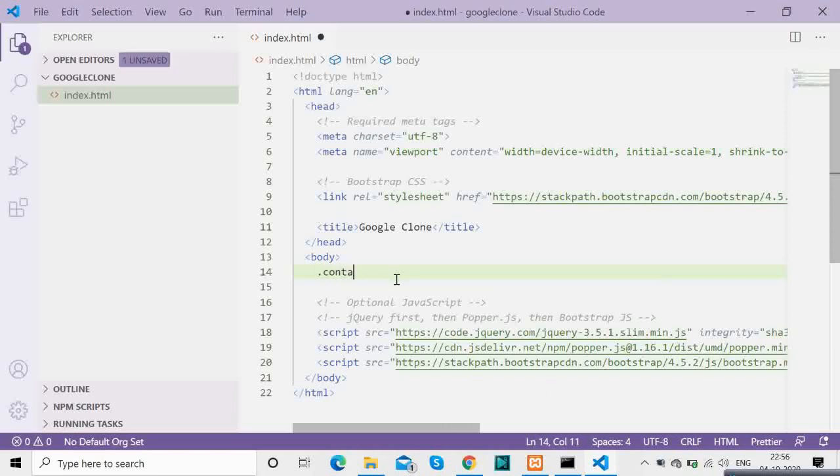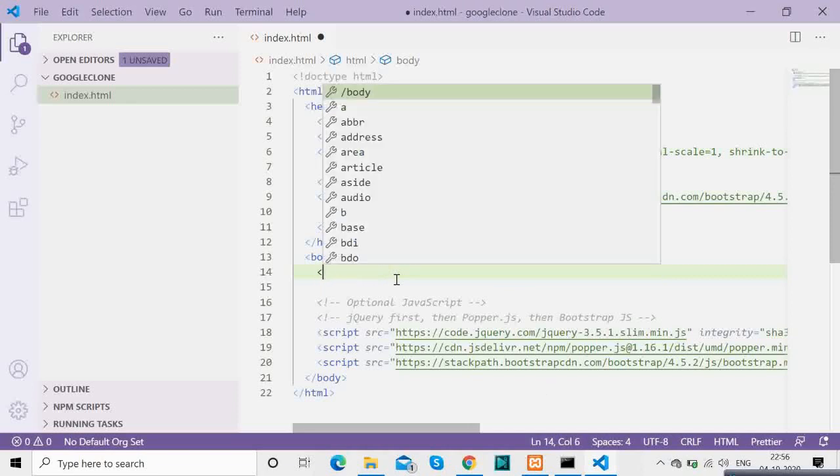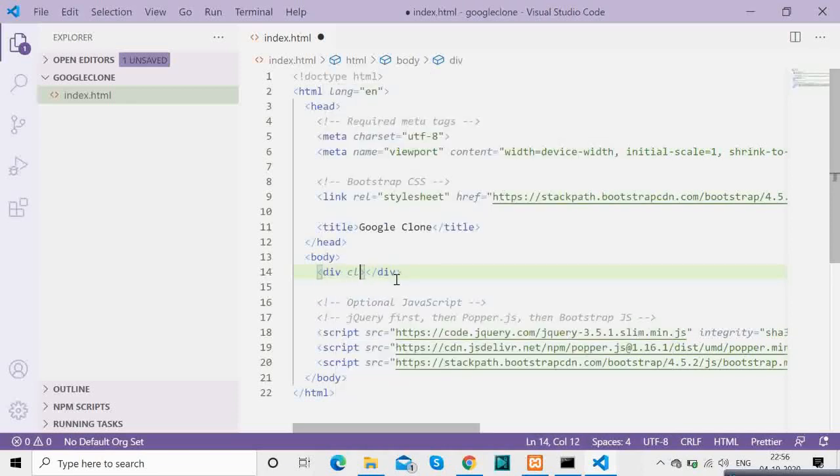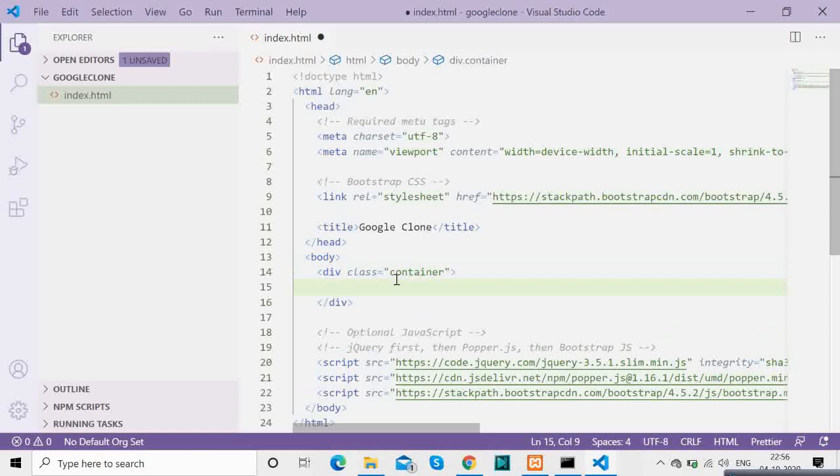So here is the container, and within which we will be having our image and the Google image and the form. Okay, where you can type and search anything. So I will bring in the Google image or the Google logo, you can say that, and once we bring in that we will have the form. So basically I am giving some width, we will adjust that based on how it looks.